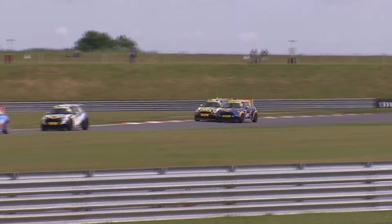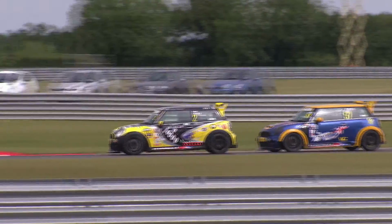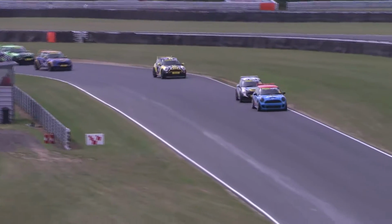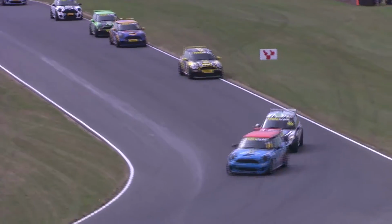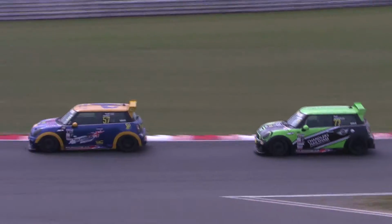Leading quartet en route to Oggies, and Caudle's drawn alongside Keith Issat and should go through here. Makes the move stick, gets a little bit of assistance from Issat on the exit of Oggies as they propel on towards Williams, and Chris Knox looking to line up for a move here on Lawrence Davey as they accelerate